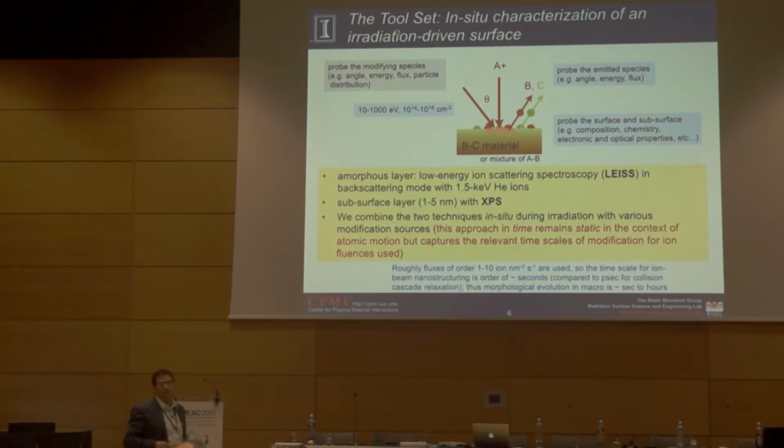For us, and for this talk in particular, I'd like to point out that we look at two very specific spatial scales. We look at the first monolayer of the surface, as that is in fact what we define in our field as the sputter depth, or the depth from which you have ion-induced desorption of these atoms back into the vacuum, and the subsurface layer that can range anywhere from a nanometer down to, in fact, even deeper, about 8 nanometers. And we do this, we probe these two spatial scales separately by two different techniques that I'll discuss